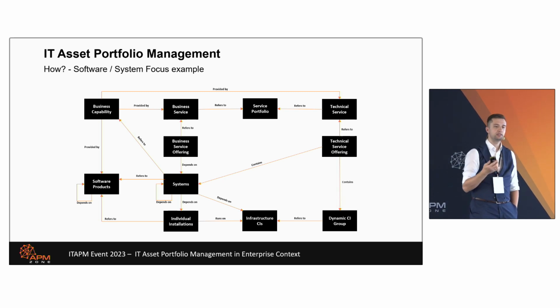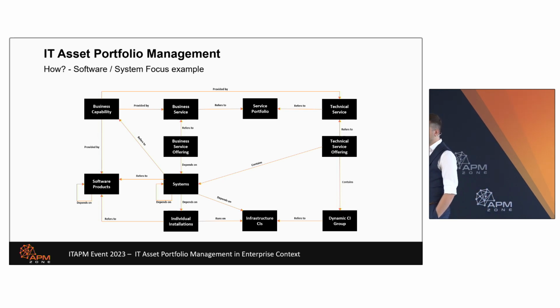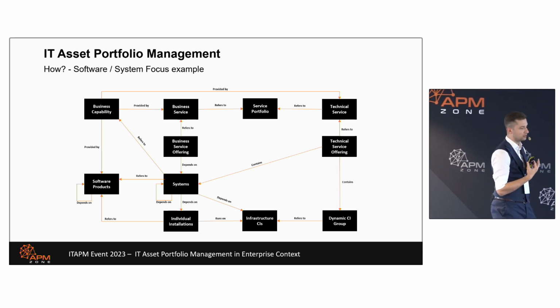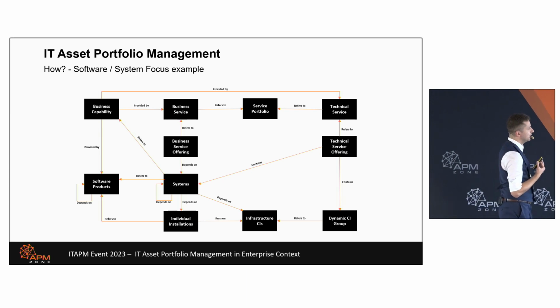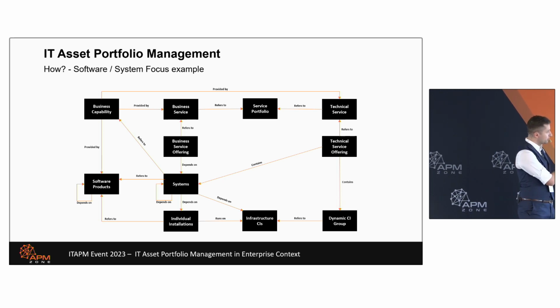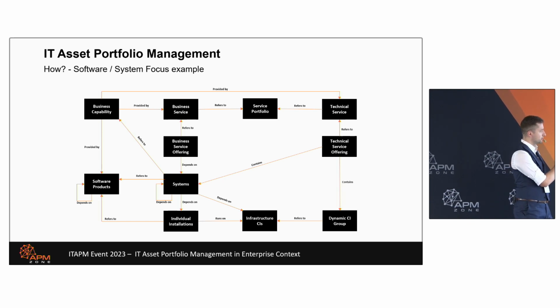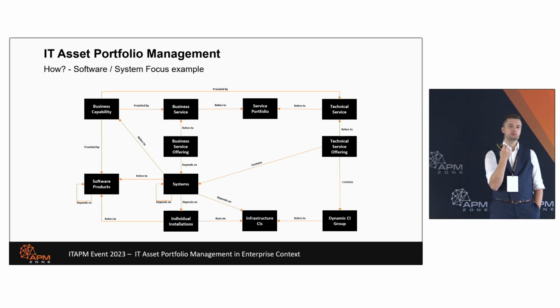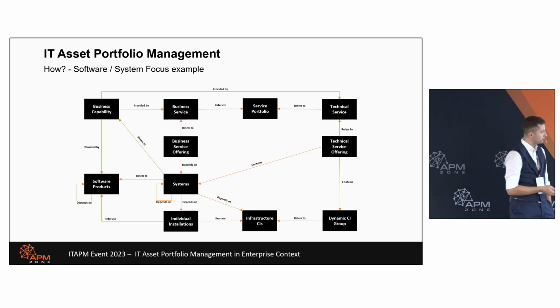Of course, we have dependencies too. This is also the dependency management thing we were mentioning along the way, and we'll be discussing later on as well, because this gives you the perspective of, okay, if we go for consolidation or something, how many of these elements we can remove, reduce, change, or what will happen if we do it. And then the software products, the systems, the individual installations. That's exactly if you want to change. If, for example, let's take the security perspective. We do not agree to have a version 5 because there is version 6. Okay. But then you can exactly say, okay, how many systems are using version 5? So that's your scope, that's your impact.